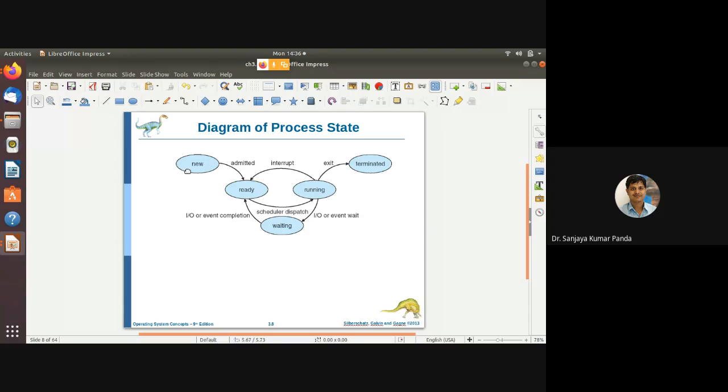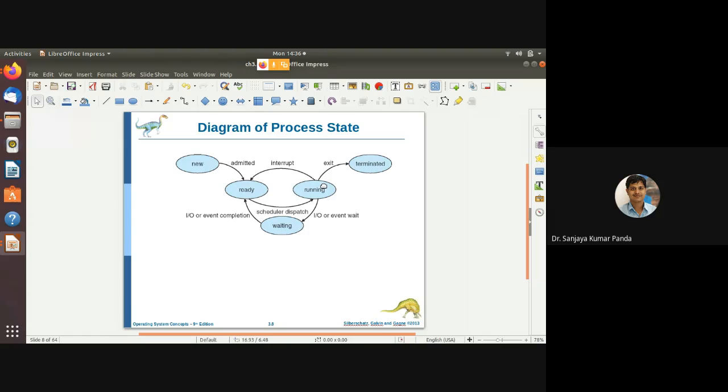All the processes are initially present in the new state, then they go to the ready state. In the ready state, multiple processes are arranged in a queue, which we call the ready queue. The process at the front of the queue goes to the running state,